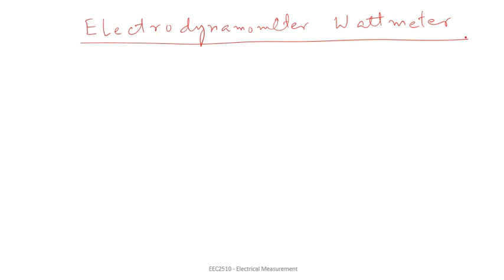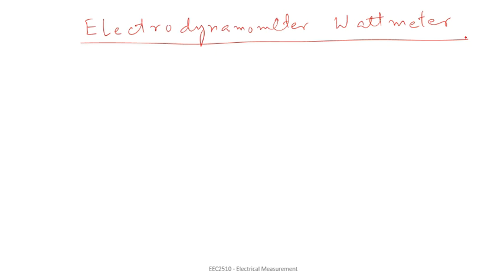These wattmeters are similar in design and construction to the electrodynamometer type ammeters and voltmeters. The general construction we have already discussed in the previous lecture. The two coils are connected in different circuits for the measurement of power. There are fixed coils and a moving coil. The fixed coils, also called field coils, are connected in series with the load, and so they carry the current in the circuit.